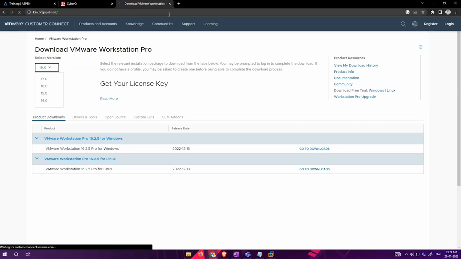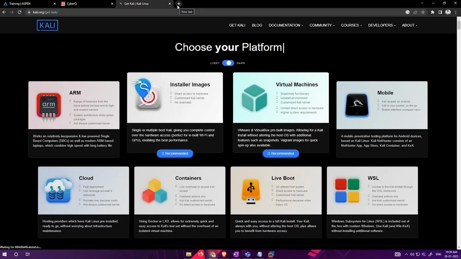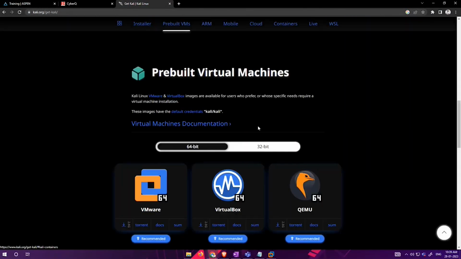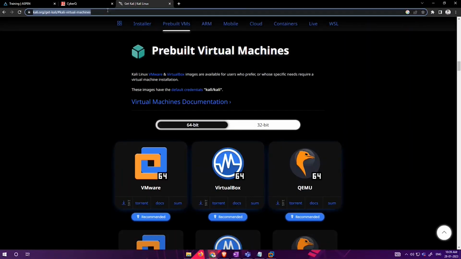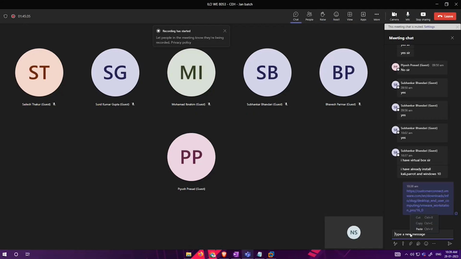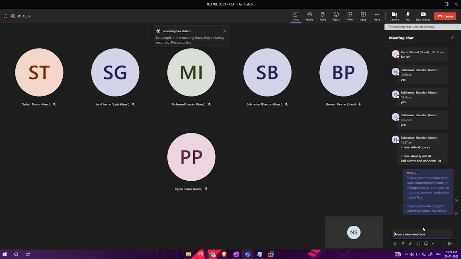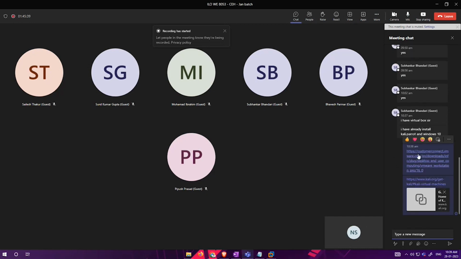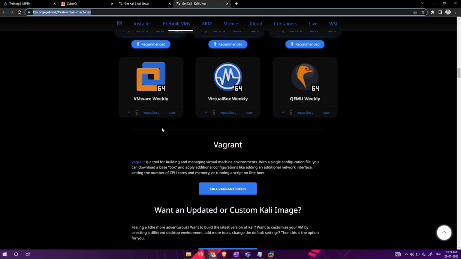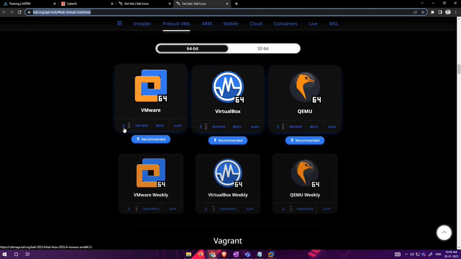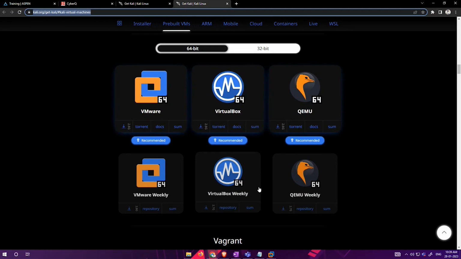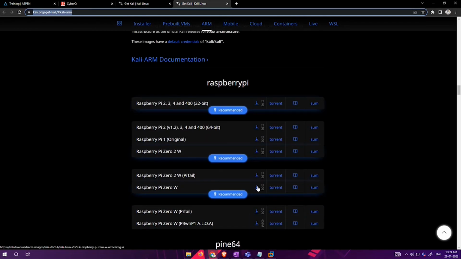And also, we are going to use Kali Linux, the virtual machine one. So you have to download this. Click over here, the download button, and download it. So everyone is required to install these two applications. The virtual machine, if you open this link, you have to go over here and download this one. First one. This is download symbol. You can install this. And installation part we'll do tomorrow.